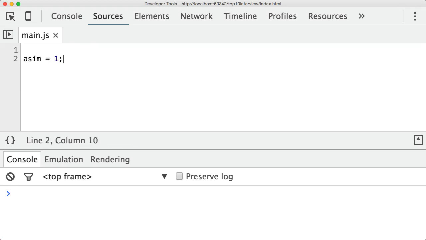So without strict mode, assigning a value to an undeclared variable, so the variable asim has not been declared anywhere in this file before, automatically creates a global variable with that name. Now in JavaScript, there's always a global object, and that's where all the global variables and global functions go. In a browser, the global object is window, but if you're using this inside Node, the global object is an object called global. So by just declaring asim is equal to 1,